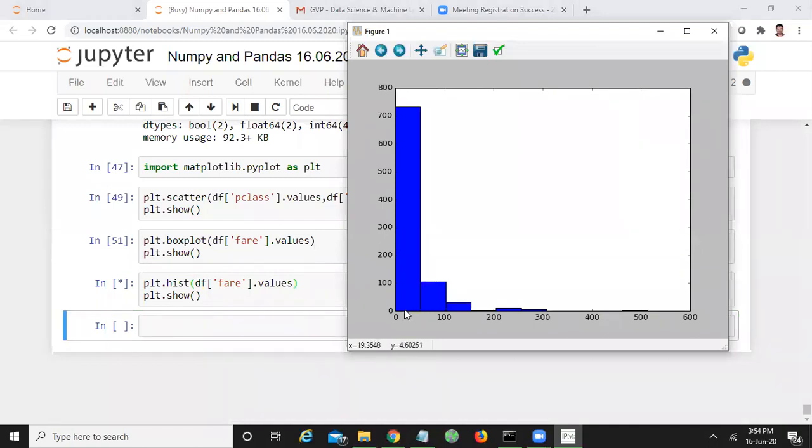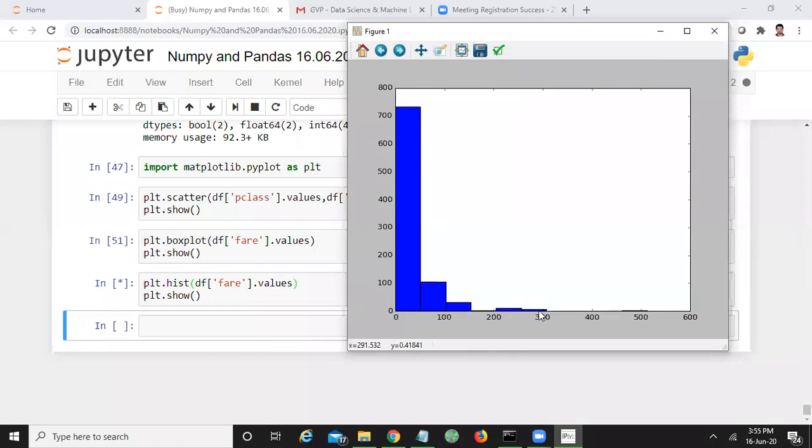That means out of 891 passengers, you can observe the passengers who purchased the ticket in the range of 0 and 50 are more when compared to others. See, here you can understand which class passengers are more in this ship. If the low fare people are more, it means the third class passengers are more when compared to the other classes.